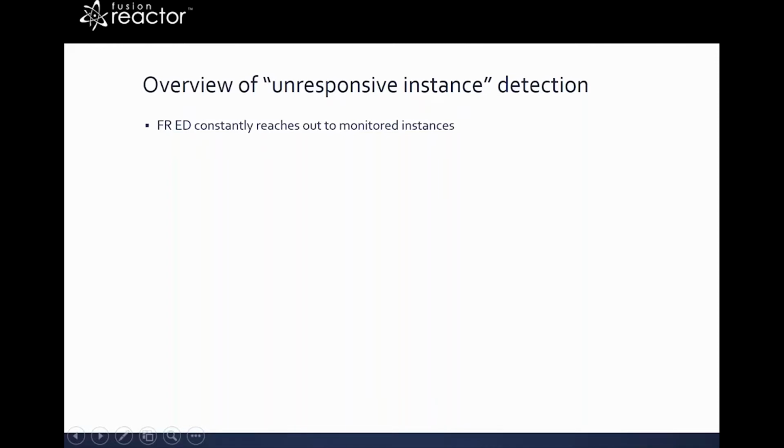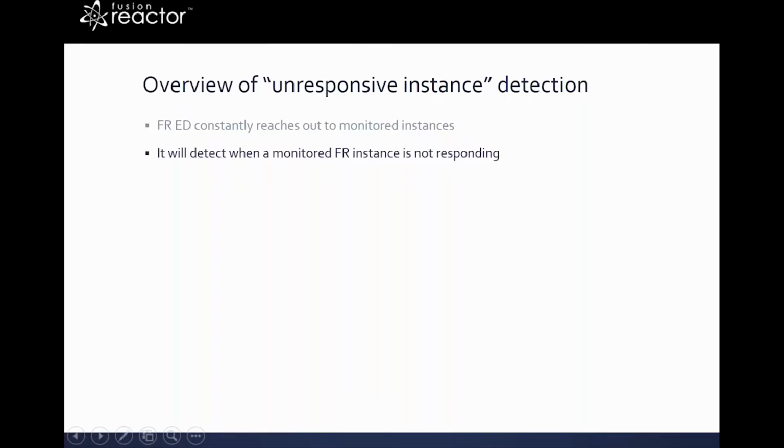But the point is it is constantly reaching out saying, hey, FusionReactor instance, how you doing? Because remember, the dashboard shows the metrics from within the instance that it's talking to. So it sends out a request to that instance and says, tell me how many requests are running. Tell me how the CPU is doing. How's the memory doing? All those things it wants to get, it's pulling back into the dashboard. Well, if it can't get that information from that instance, it's going to deem that instance isn't responding. And after a few attempts, after a long enough time, it's going to show you that